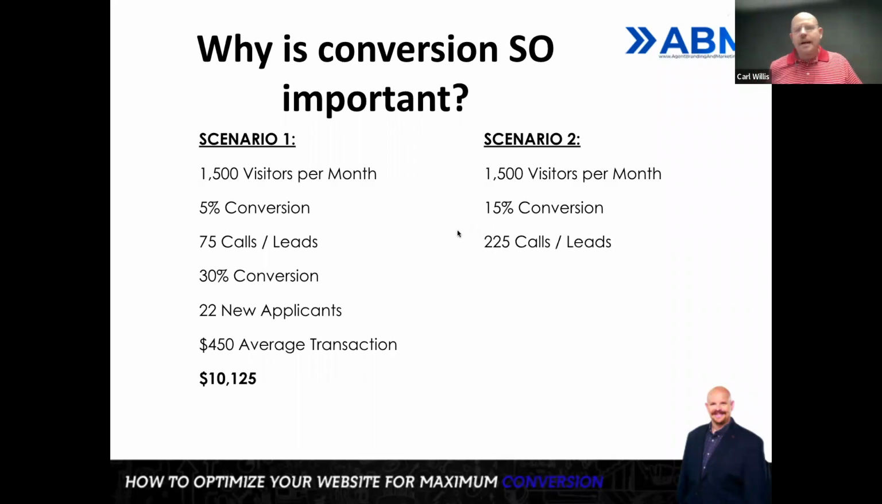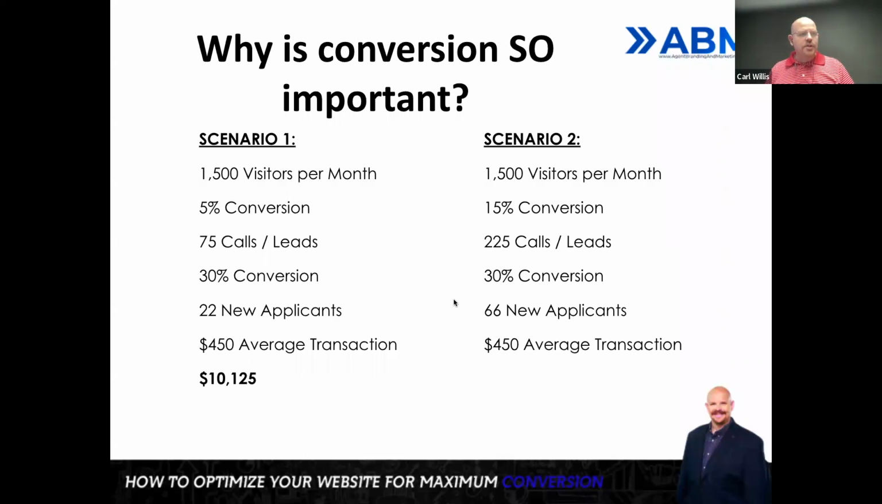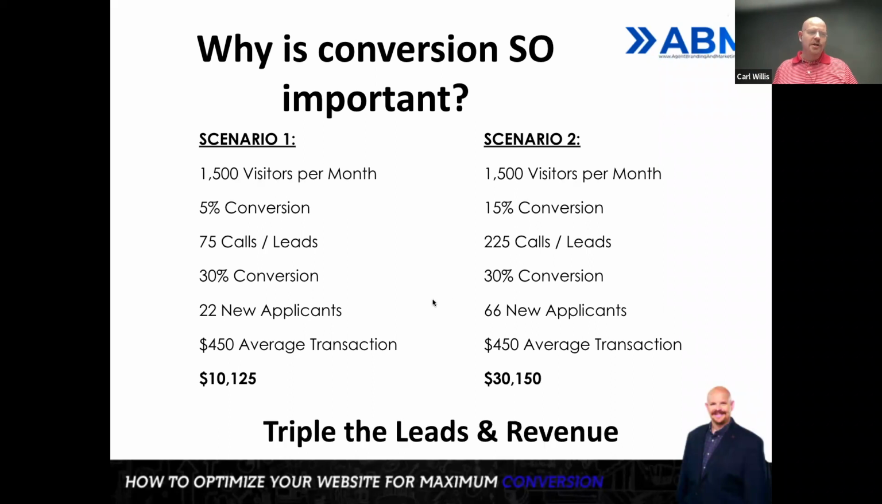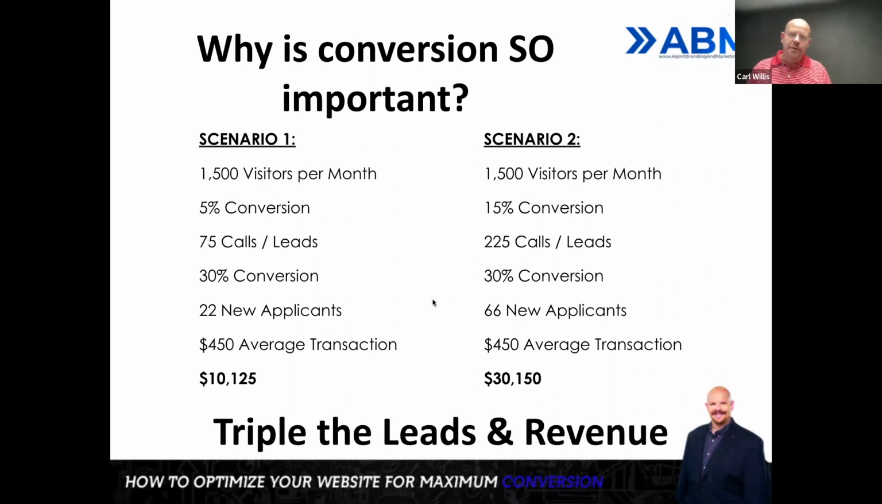And when we do that, what's going to happen is we're going to end up with 225 calls or leads per month out of those same 1,500 visitors. So we have more than tripled our lead flow simply by changing that conversion number. If we still convert on the back end at 30%, that means we're going to write 66 new policies to our new applicants at the same transaction value. Now we have $30,000 in revenue versus $10,000 in revenue. So what we've done is we have tripled the leads and the revenue simply by improving our conversion rate on